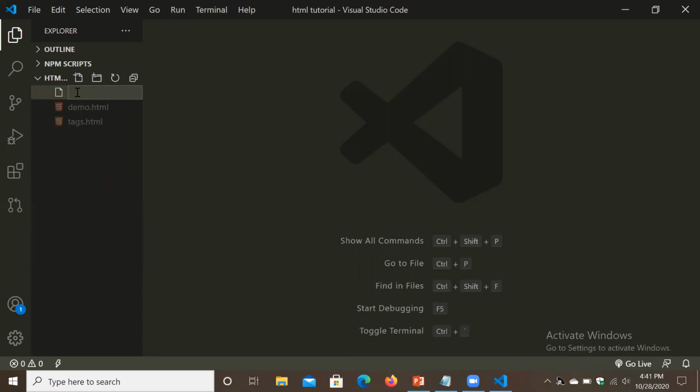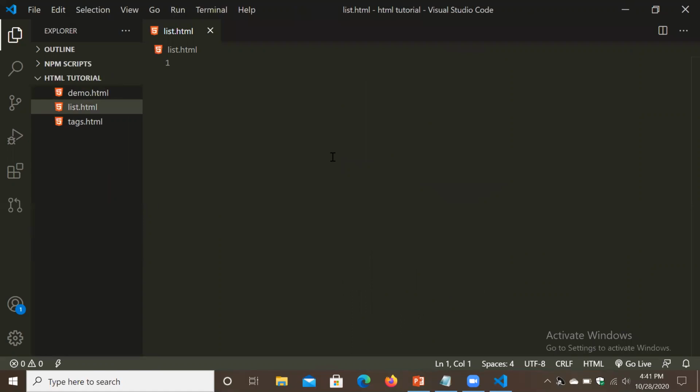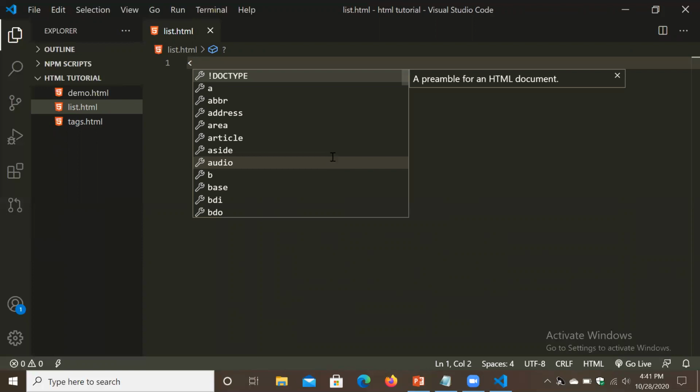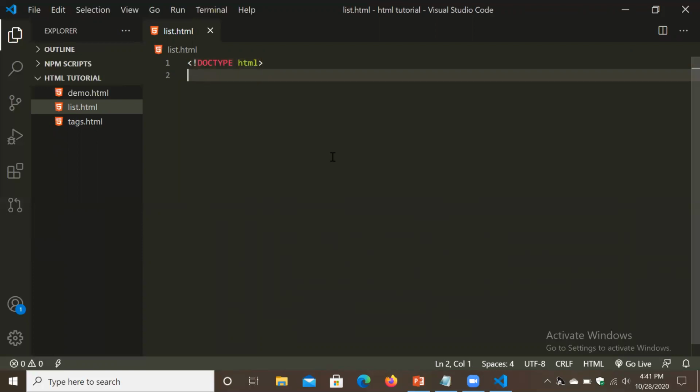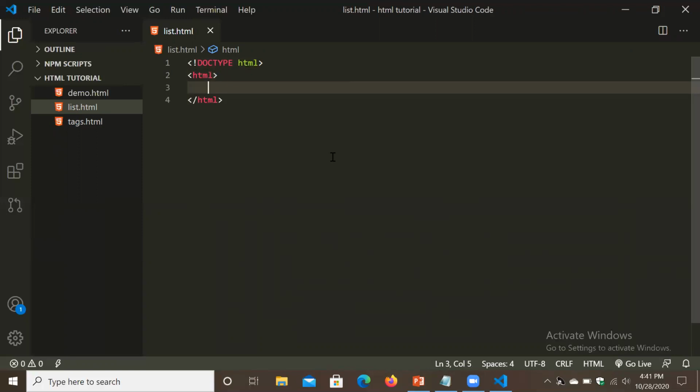For that, what name do we give? list.html. Okay, list.html. So now we have to write our HTML code, basic syntax: doctype HTML. Okay, then HTML open, HTML close.